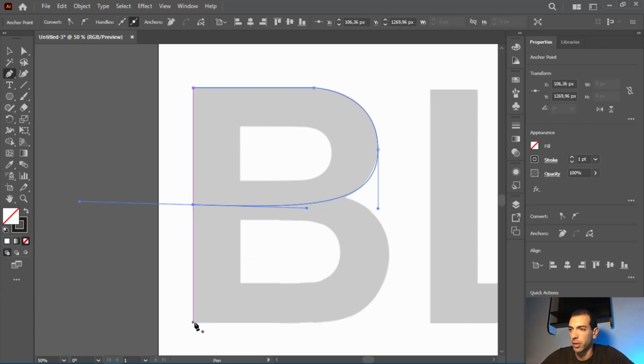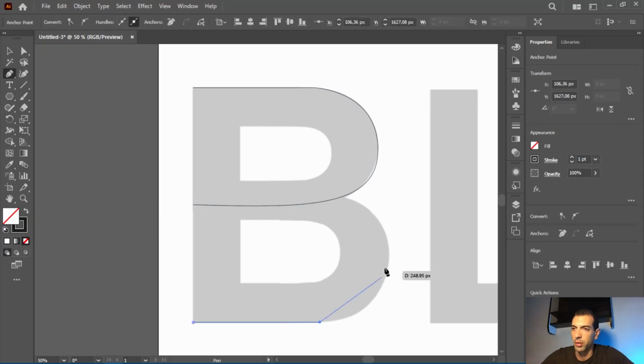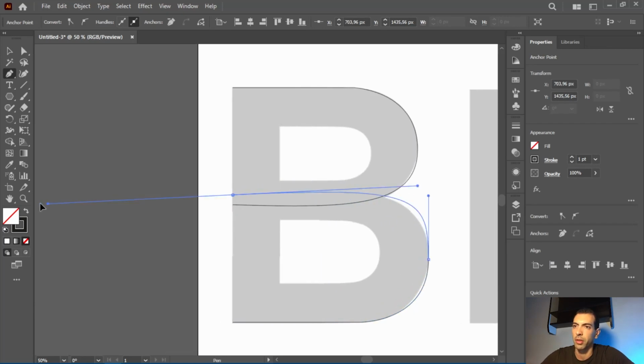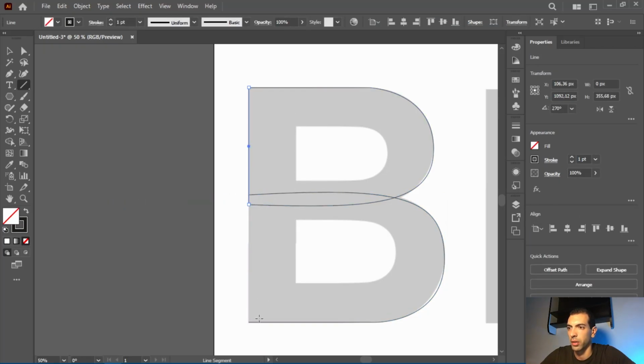I'm gonna place the cursor right here. Click, straight line. I'm gonna click and drag like this. I come here and click and drag, make sure I match the curve of the image like this. Press escape. Now, line segment tool, I'm gonna create a straight vertical line like this,